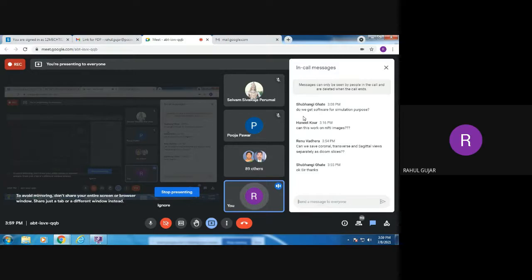I don't think you need to separate out the DICOM images into the coronal, transverse and sagittal planes, because all these three views are important to create the 3D model. So definitely we don't require to separate it out. But you can study in a plane, like the coronal plane, which shows as a frontal plane. So just wait, I'll show you that.